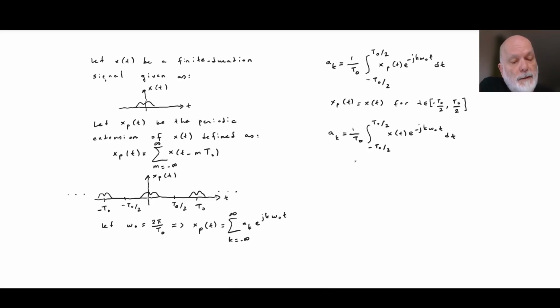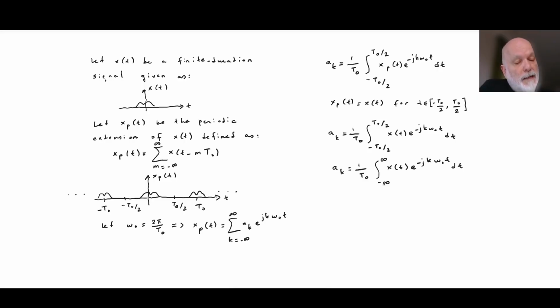So, equivalently, ak can be written as 1 over T0 times the integral from minus infinity to plus infinity of x of t e to the minus j k omega 0 t,